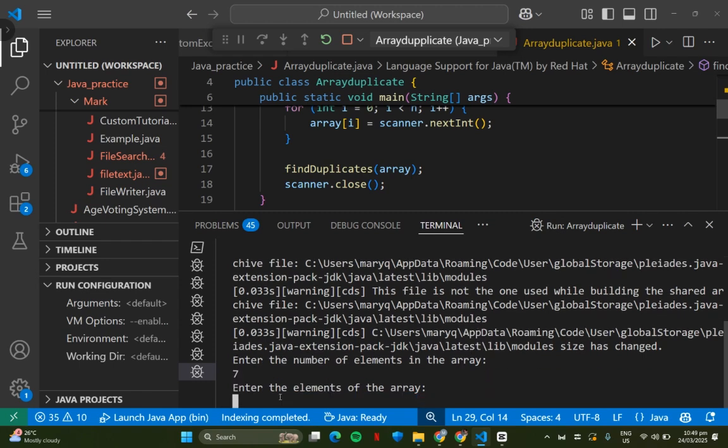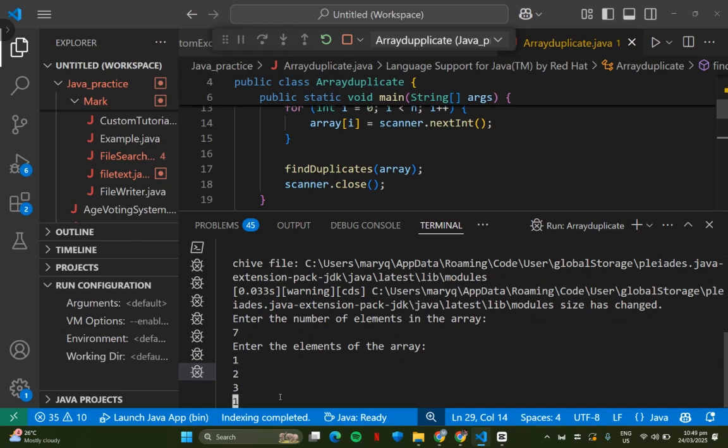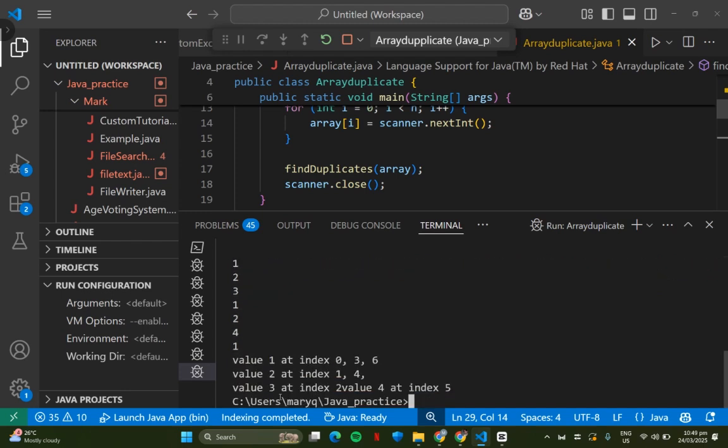So 7, we're going to add 1 2 3 1 2 4 1. As the result, value 1 at index 0 3 6, and value 2 at index 1 4.